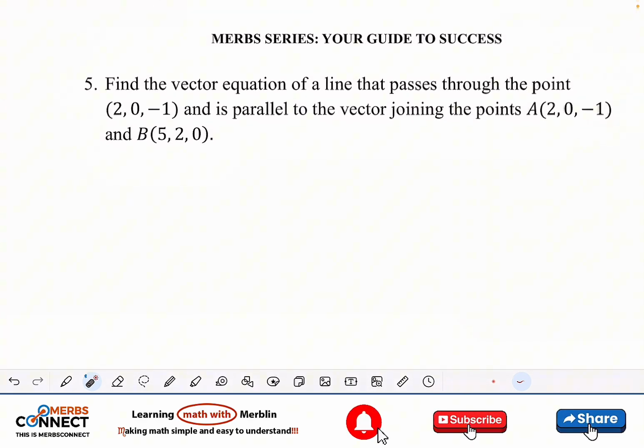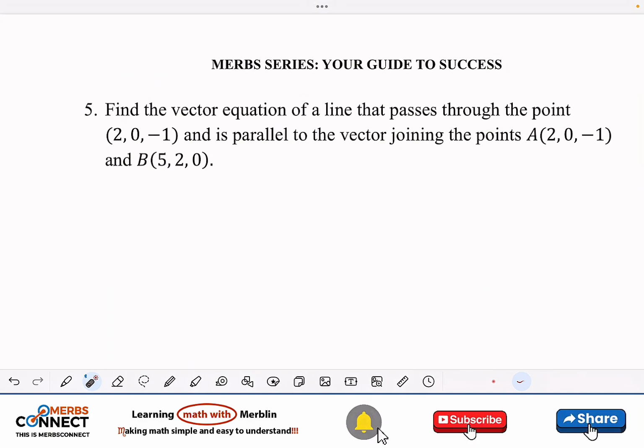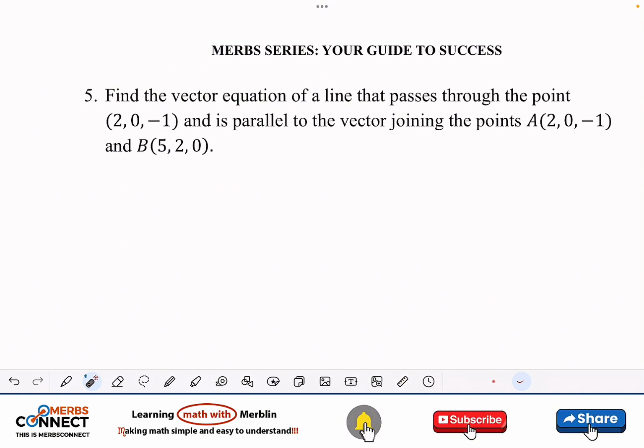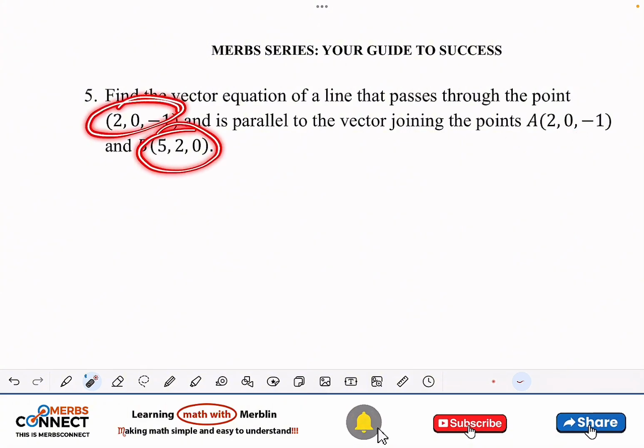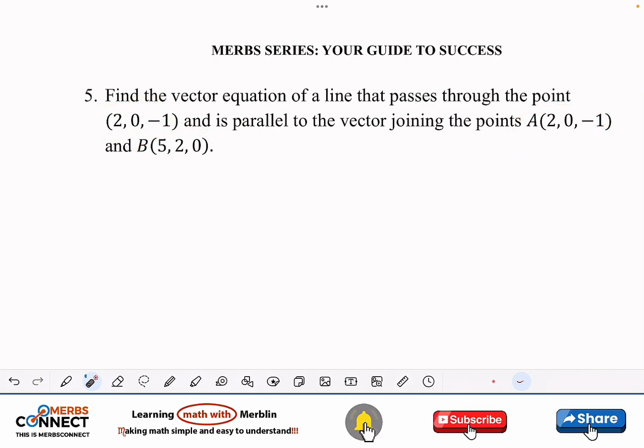Okay, so let's do question 5, then I will show you question 6, then you will just try it. So find the vector equation of the line that passes through this point and is parallel to, okay, nice. So you see that now we have 3.1, 2, 3. But basically, this is the first point, and then we want to work around this. So what we are going to do is, we need